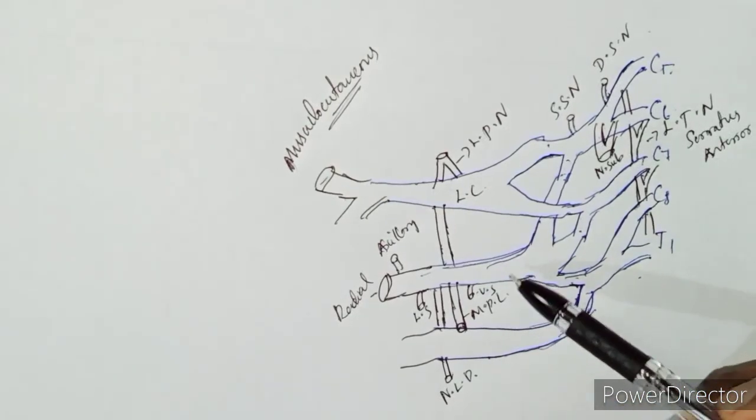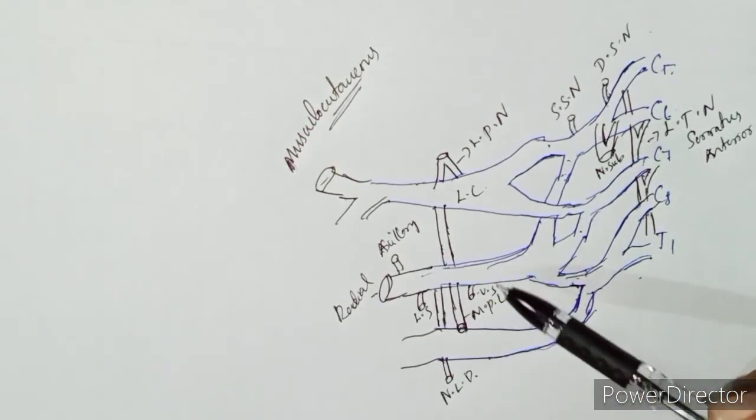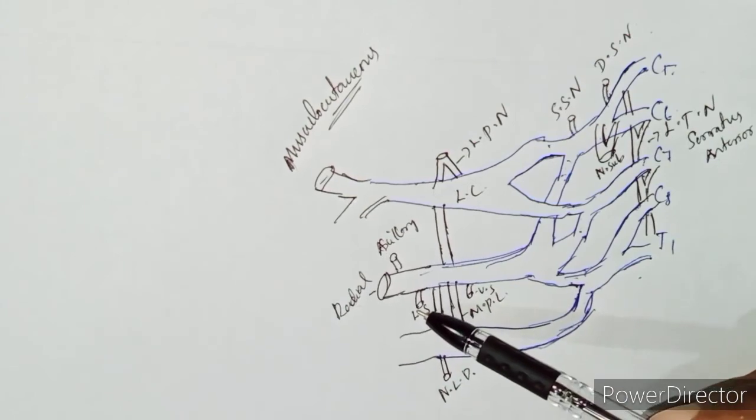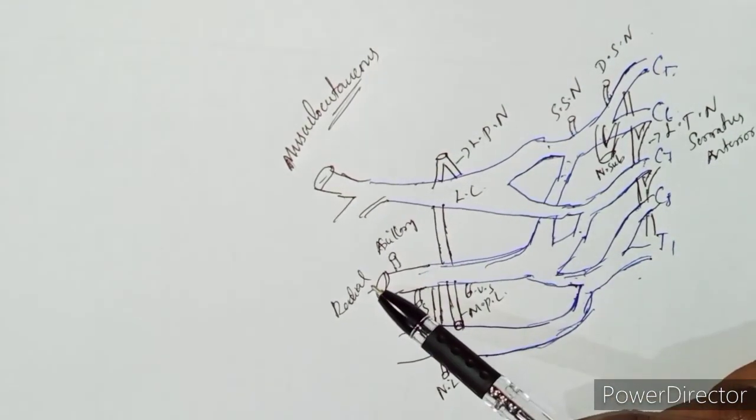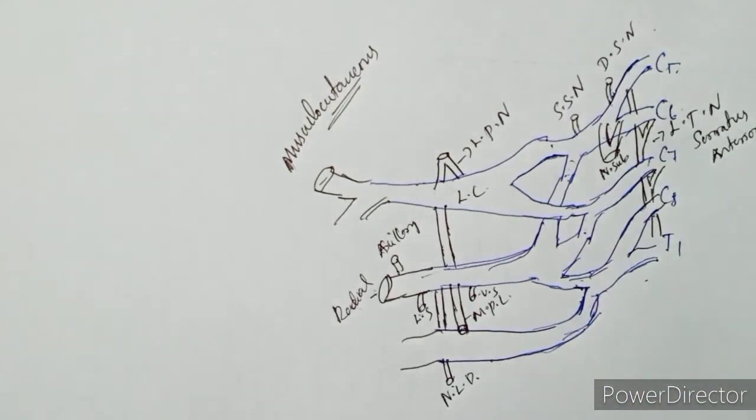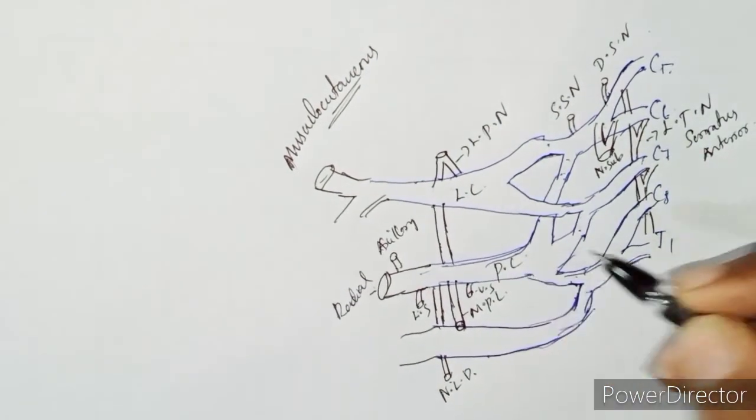In the posterior cord we have 5 branches. One is upper subscapular, a lower subscapular, nerve to latissimus dorsi, axillary nerve, and radial nerve. We have seen the 5 branches in the posterior cord. Okay, then